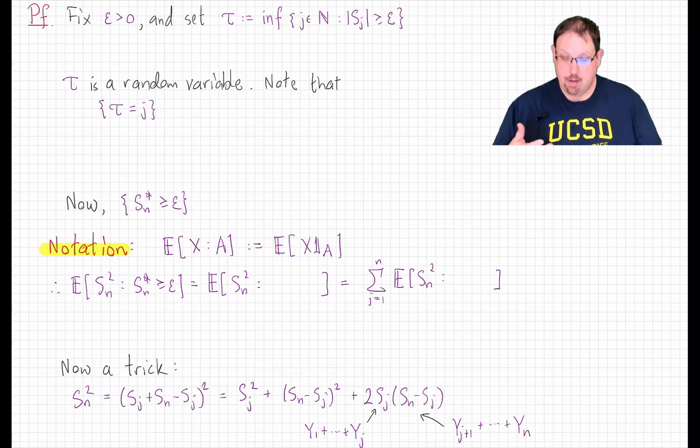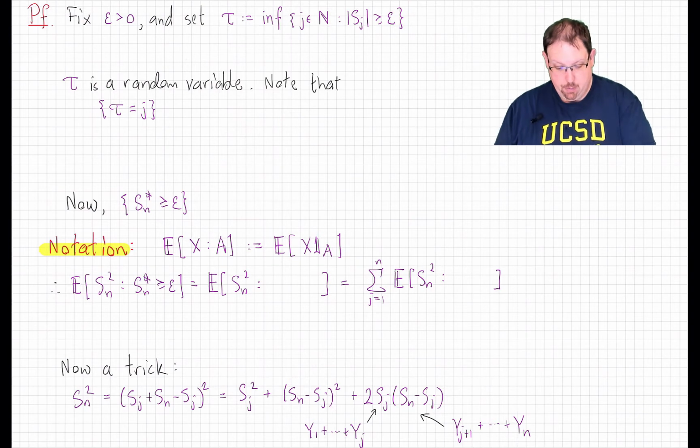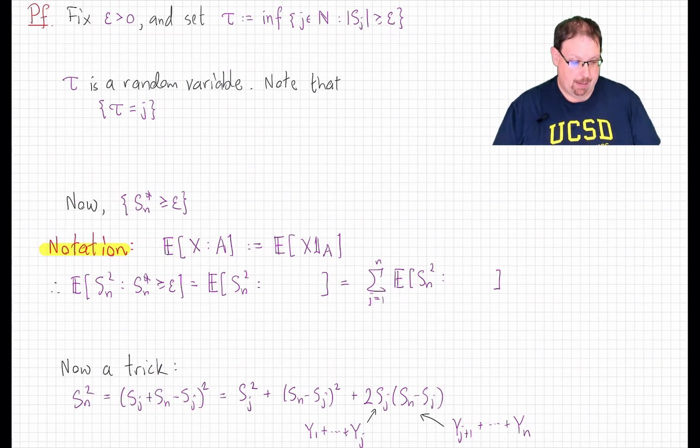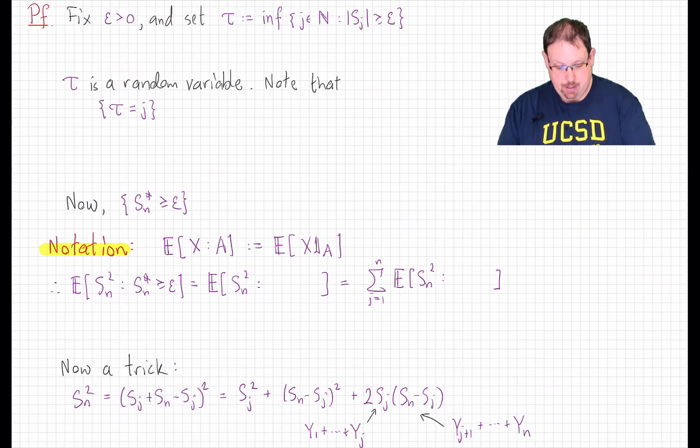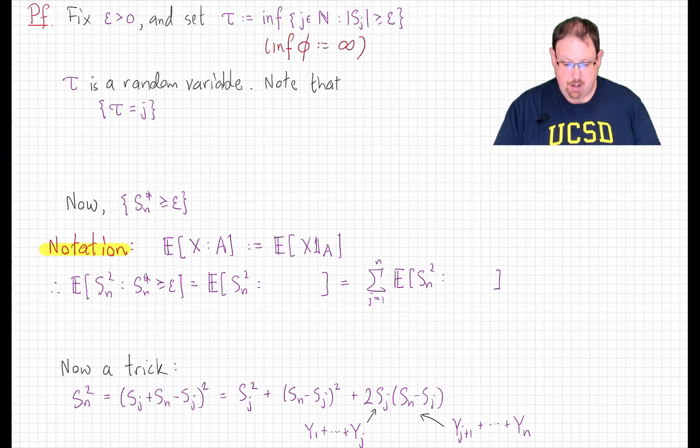Here's the idea. Fix a tolerance epsilon, and we'll let tau be an integer. It's the smallest integer for which the absolute value of the sum indexed by that integer exceeds epsilon in absolute value. So tau is a random integer, to be clear. Also, it might not be an integer because it's possible that Sj just doesn't exceed epsilon, and so there is no smallest such j. In that case, we would say that tau is equal to infinity because we declare that the infimum of the empty set is infinity. So this is a random variable tau that takes values in the integers together with plus infinity.